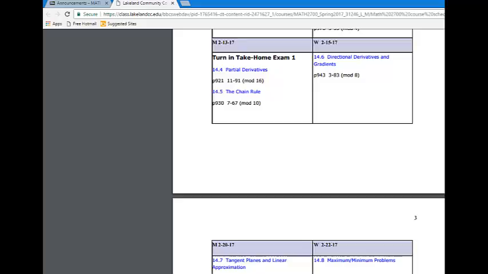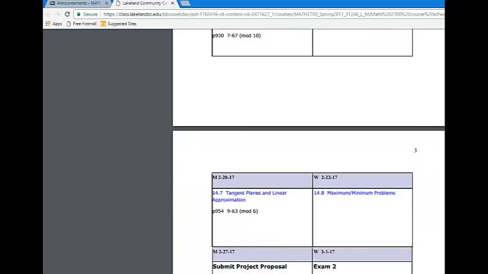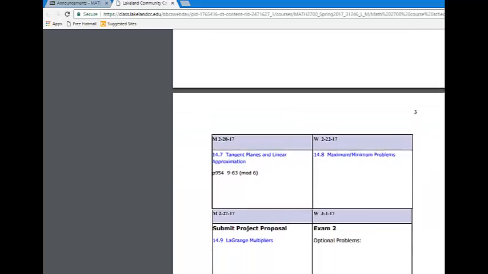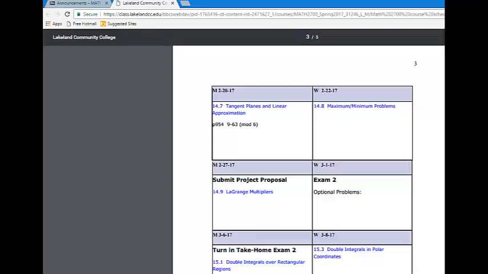And then I just wanted to show you guys, looking ahead, where we're at. You'll notice that there's no homework yet for Wednesday. That will change, I'll update that. And a week from today, I'm asking you guys to submit your project proposal. The reason I'm doing that is I want to give you guys basically a month for this. People have asked me, well, what exactly is this? And you'll notice that at the back of each chapter, in the book,